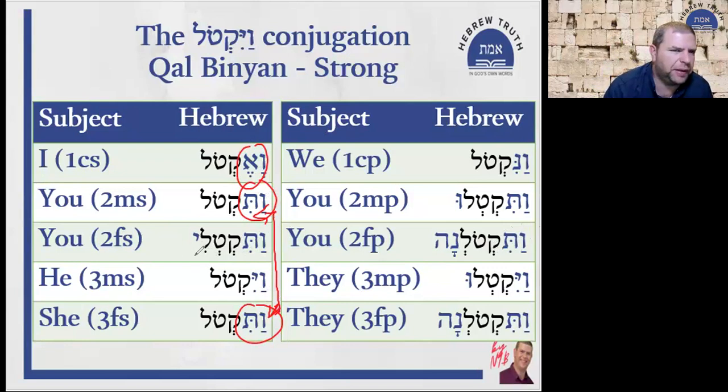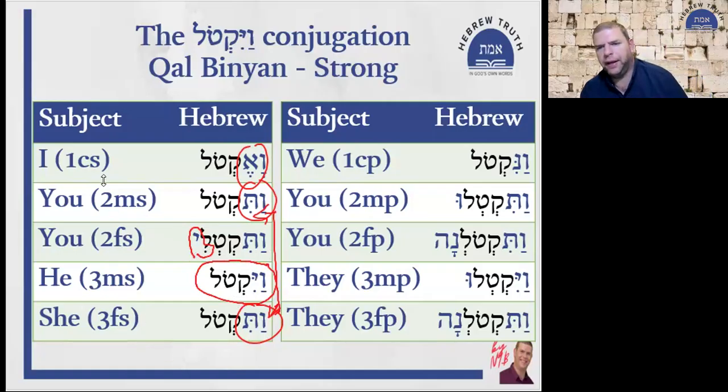Wayyiqtoli, second person feminine singular, you feminine singular did so and so, as part of the narrative. You can see the E at the end letting us know it's feminine. And the most common of them all, third person masculine singular, and he did so and so. We had it with Vayyavo, Vayyera, and Vayyar. That's the most common in the narrative.